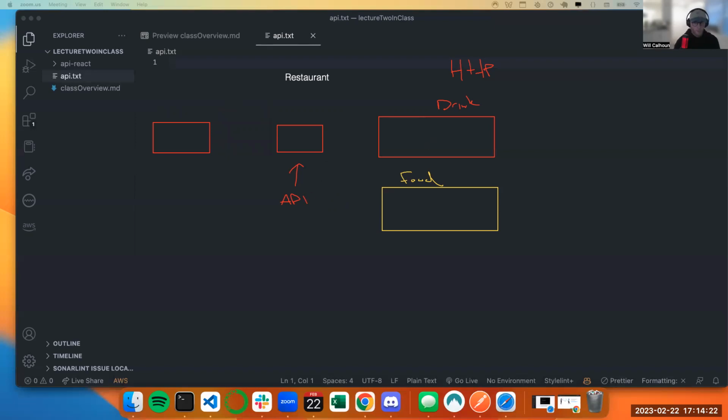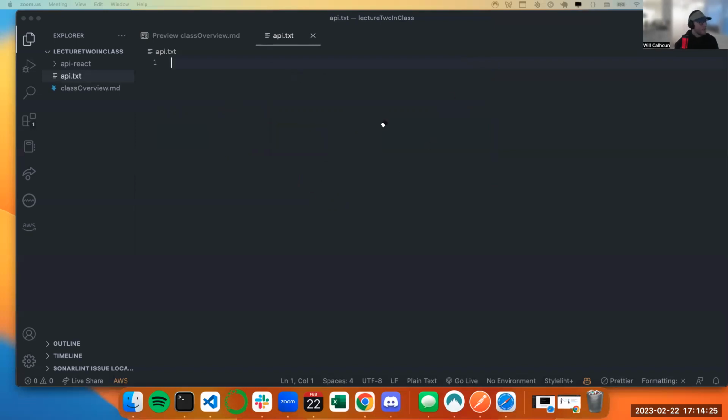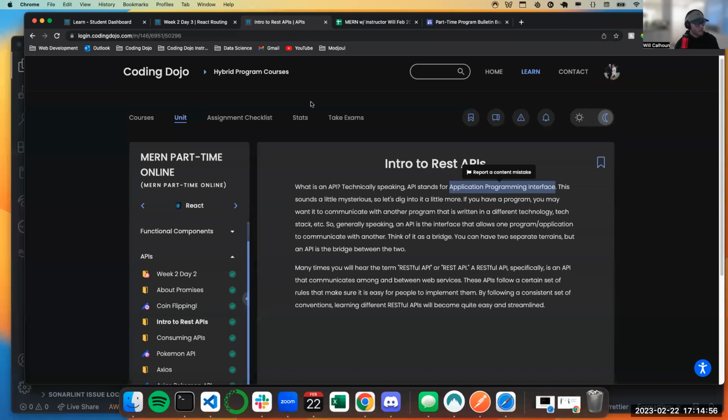Cool. So from a high level, that is what an API does, it allows us to make these requests. Our API has basically a framework. And when I say framework, I don't mean like a web framework. I mean like a blueprint would be a better word of, okay, when somebody requests this, here's where I go and get that. When somebody requests a drink, here's where the drinks are. Let me go and retrieve that. If they request a Pepsi, I can't do that. That doesn't make sense. Let me give them an error back. That is what an API from a high level allows us to do.